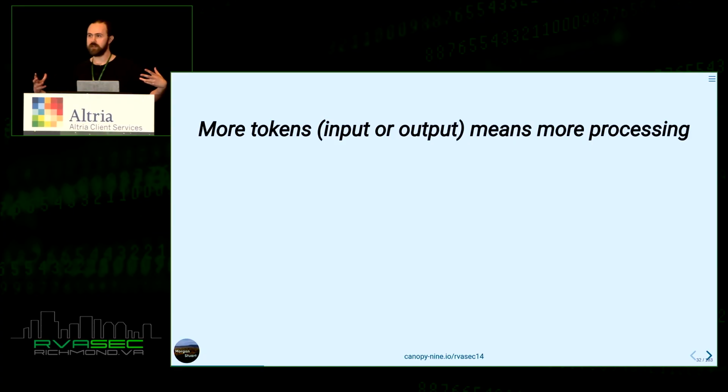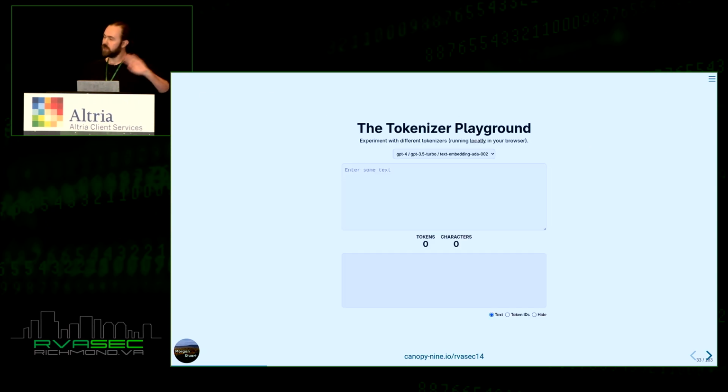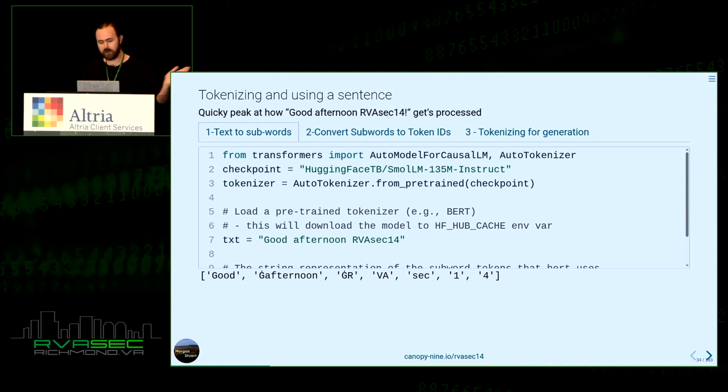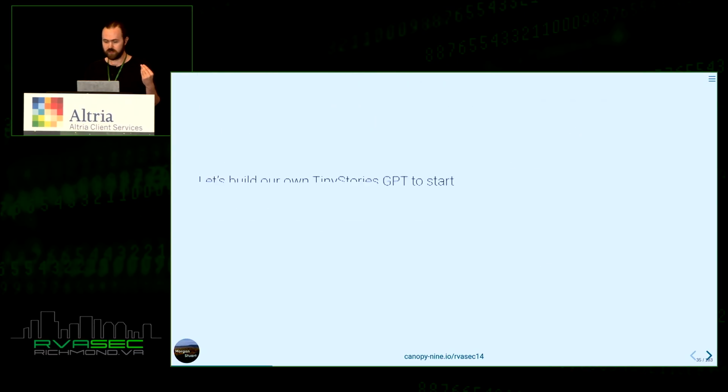One of the key takeaways here is to just understand more tokens in, more tokens out, either way, it's more processing. It's just processing for the LLM. So you'll see tokens a lot. Now you have a sense of what the term tokens actually means. We don't really need to go much deeper. If you want to play around with it, there are some examples in the slides that you can look at. Here's the subword tokenization, breaking up the words, and then breaking them into their indices, and so on and so forth.